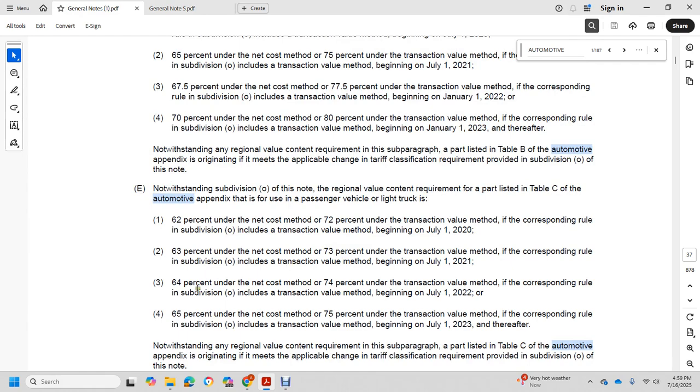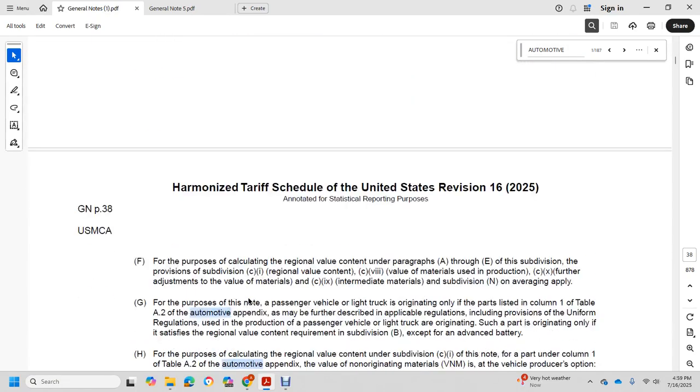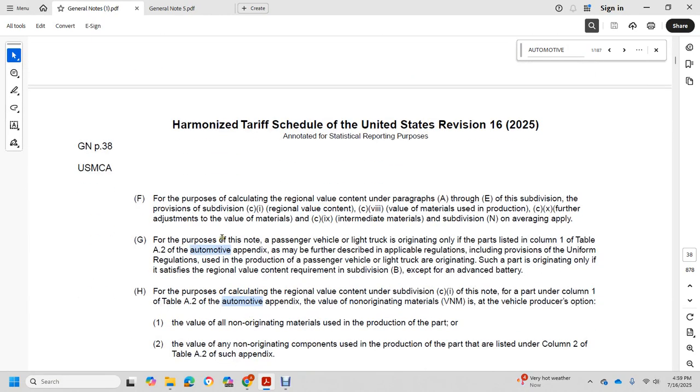moving on to part 4, 65% on the next cost method, 75% under the transaction value method. If corresponding rule subdivision includes transaction method only July 1st, 2023 thereafter. Notwithstanding the regional value content requirements of parts listed in table C, automotive appendix originate meets the applicable change tariff classification requirement provided in subdivision O of this note. For the purpose of the calculating regional value